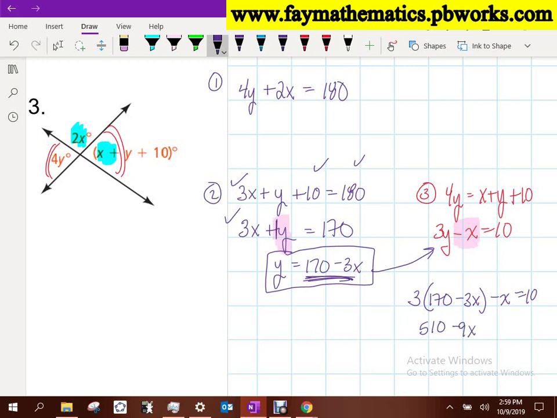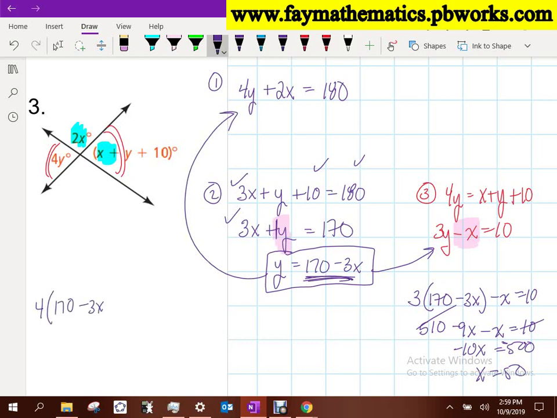Minus 9x minus x equals 10. Combine like terms, and we'll move this 510 to the other side. So it gives me negative 500. Gives me x to be 50, right? Okay. So solving for y and then plugging it into another equation that had y in it will allow me to solve for x. Now, just to prove that it didn't matter which one I plugged into, if I go